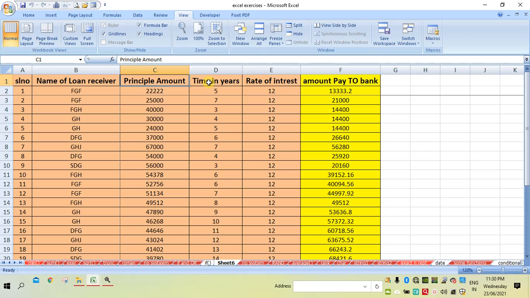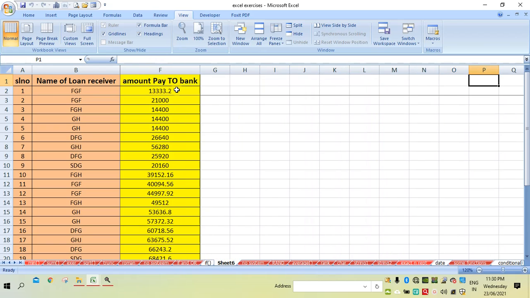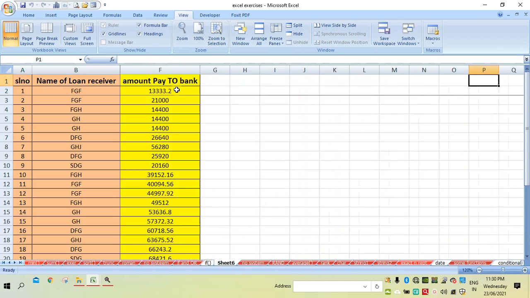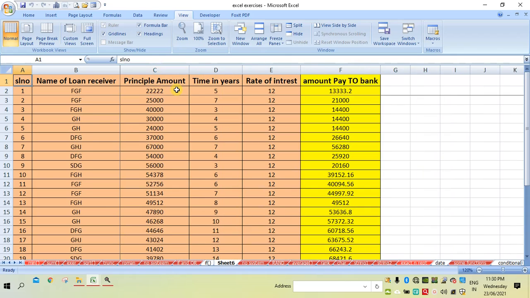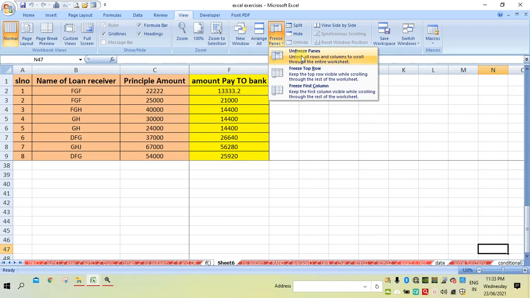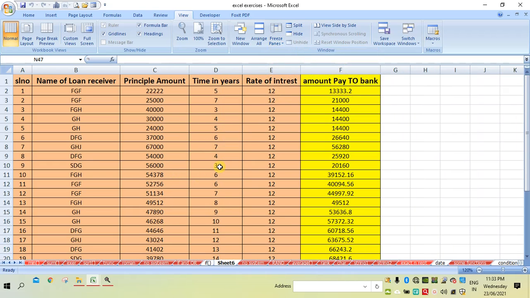If I go above, these 2 will be visible, whereas the rest will not. Similarly, if I move to the right side, you can observe these 2 columns are frozen. This way we can use the freezing option. To unfreeze this, click on this again and then select this one. So it will be unfrozen.